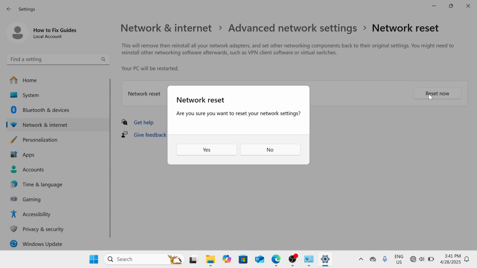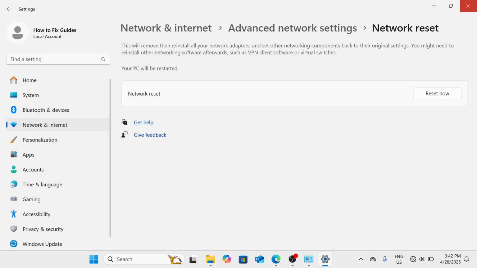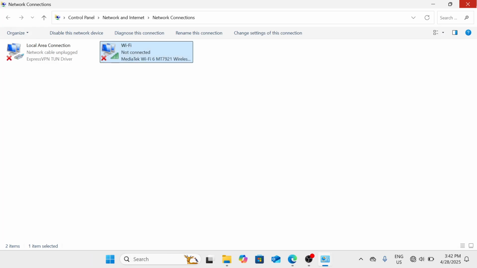now button and click on yes, this will remove then reinstall all your network adapters and set other networking components back to their original settings. You might need to reinstall other networking software afterwards, such as VPN client software or virtual switches. So once you're done doing this one, you can confirm by signing out, then restart the device. Okay, so if it still doesn't fix the issue, then we can also proceed with the next step, which is